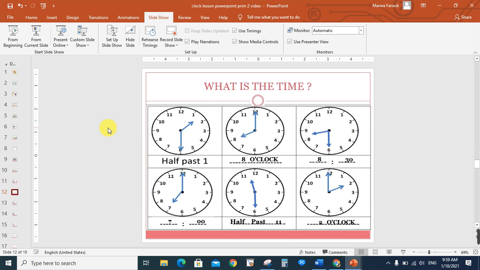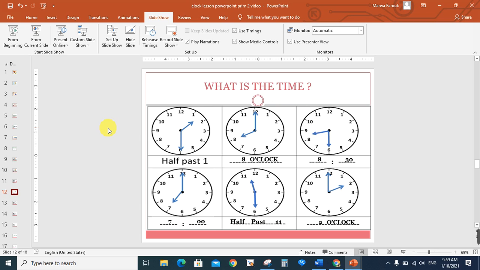In the first example here, the short hand is between 1 and 2, the smaller number is 1, and the long hand is on 6. So, half past 1. The second one here, the short hand is on 8 and the long hand is on 12. So, it's 8 o'clock. And the third one here, the short hand is between 8 and 9, and 8, the smaller number, is the hour. And the long hand is on 6, it's 8 and